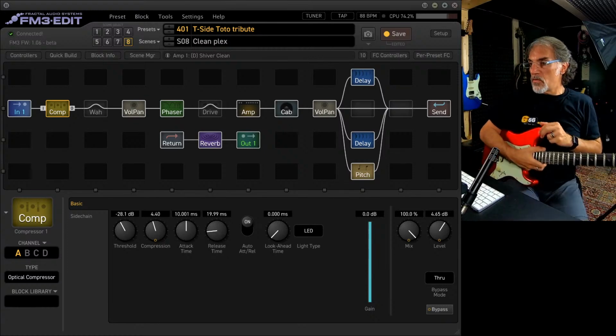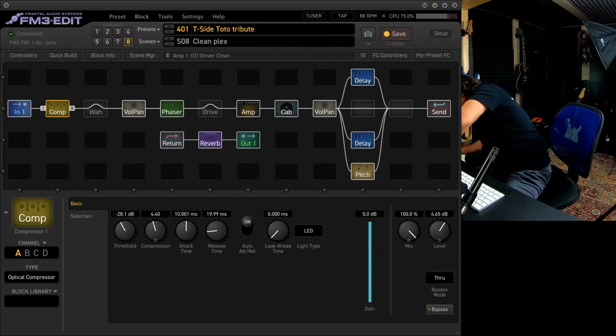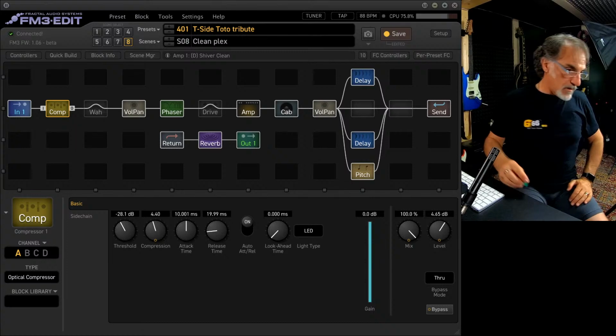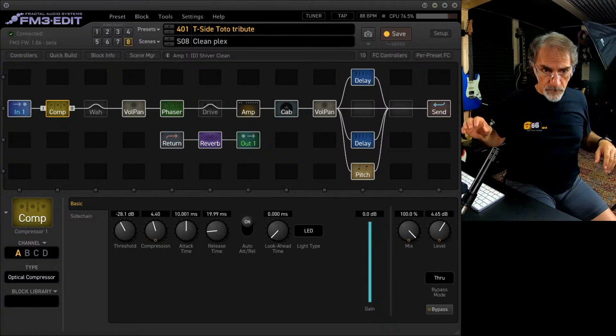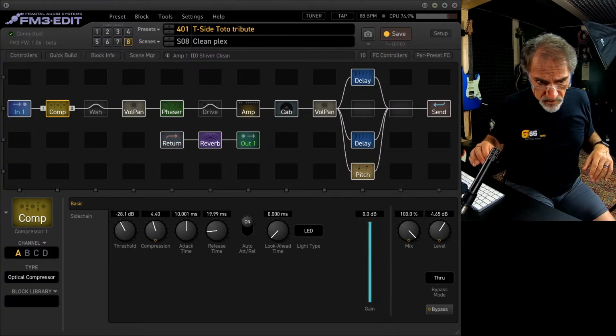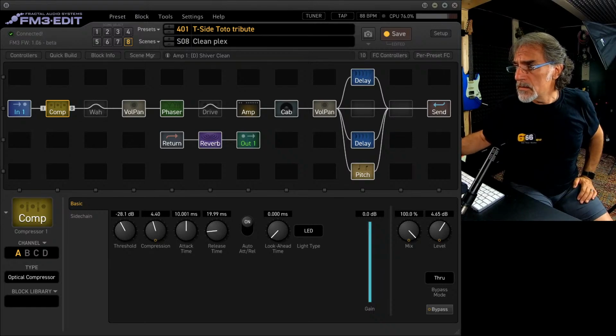Okay, I show you. In this moment I am using only my monitor. I'm connected to the audio interface. I show you immediately. Okay.